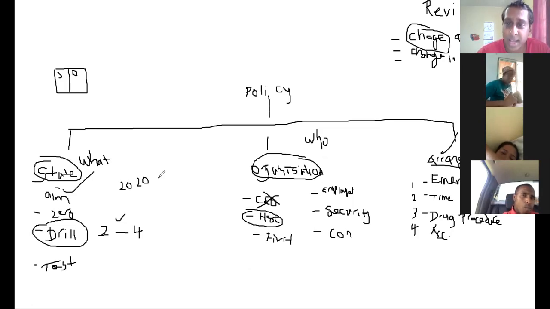So I guess you'd probably guess the last one. When do you review? A change in the aim, a change in the organization, and the last one is a change in the procedure. For example, a change in your drug procedure, or a change in the smoking area. Whenever you have a change in any one of these, you need to go and review. Review means you need to update the policy book. Please look at it in this sense. This is a book, and the book may have had the CEO's name here.